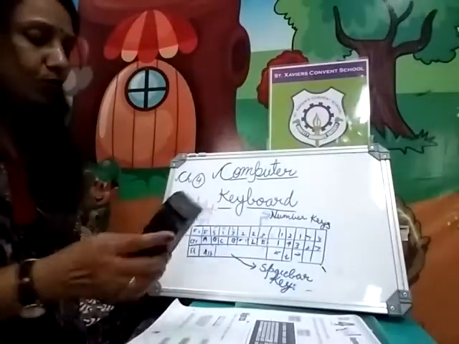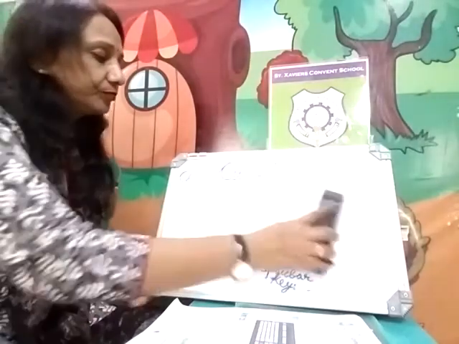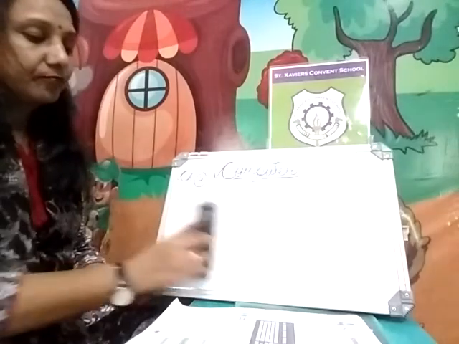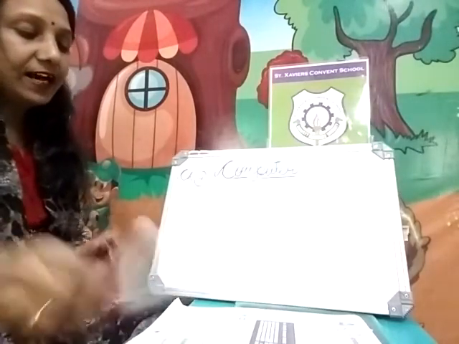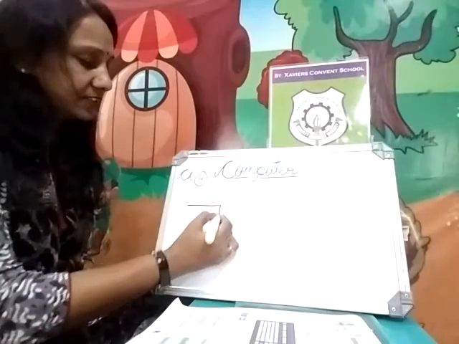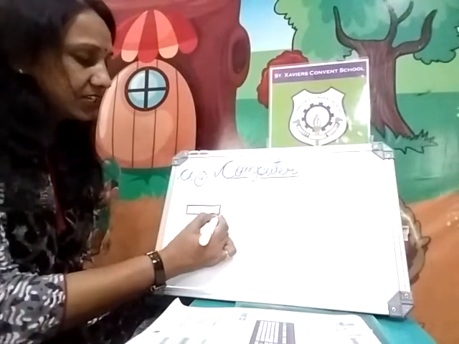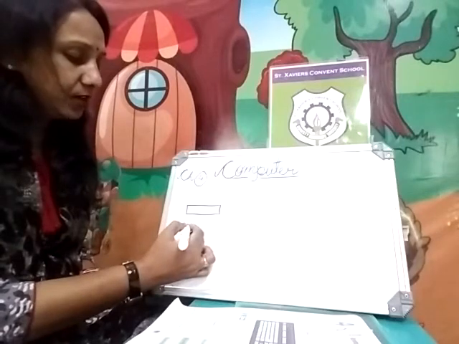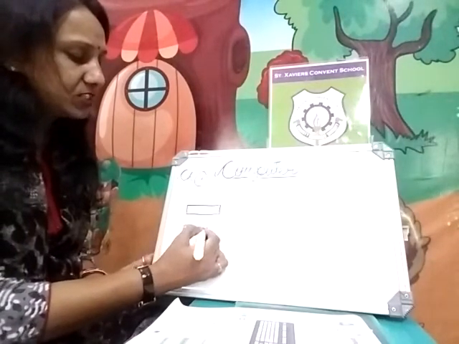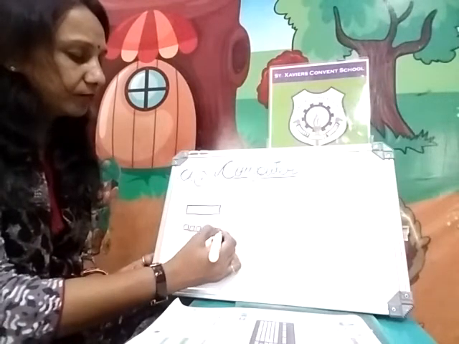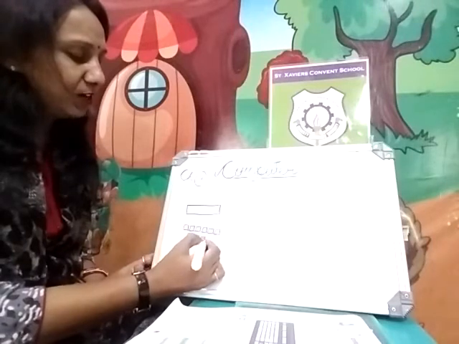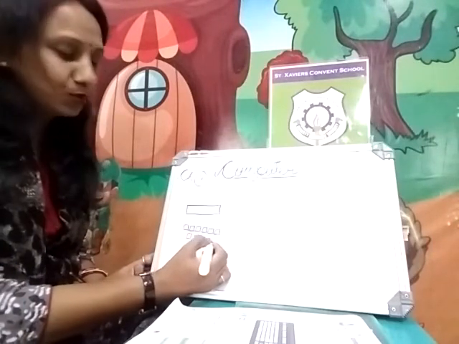Now, here some exercise also given in your book. I'll tell you how to match that. So that way you can match also. Alright. So one side that keys picture is there. Another side, the opposite side you see that keys name. You have to match with that. Correct one. Correct matching you have to do. So do it with me and do it yourself also. Just try to do.